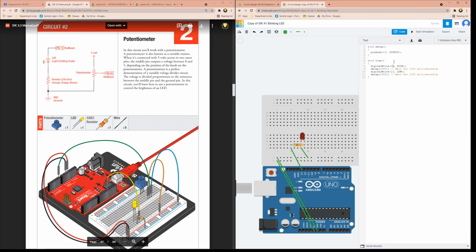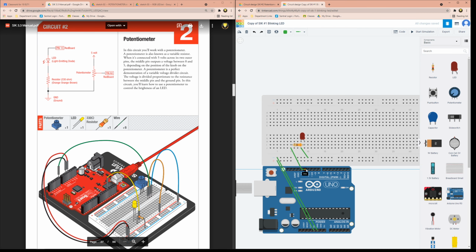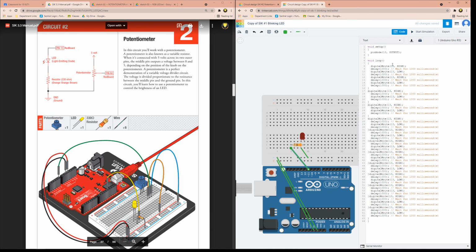Over here in code number 1 we use 13 and we use 13. We're using these twice, right? So if I had a massive long code with all these different operations over and over again, and I wanted to plug my LED into pin number 11, for whatever reason, I would have to go through and change all these 13s to 11,